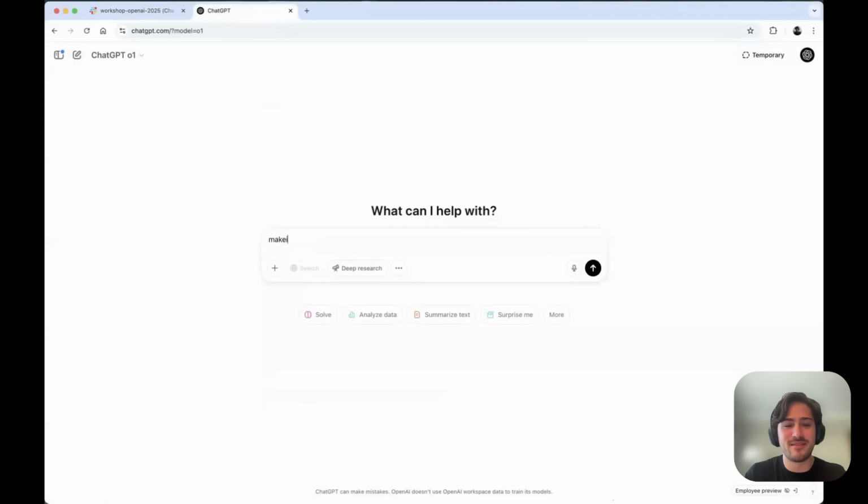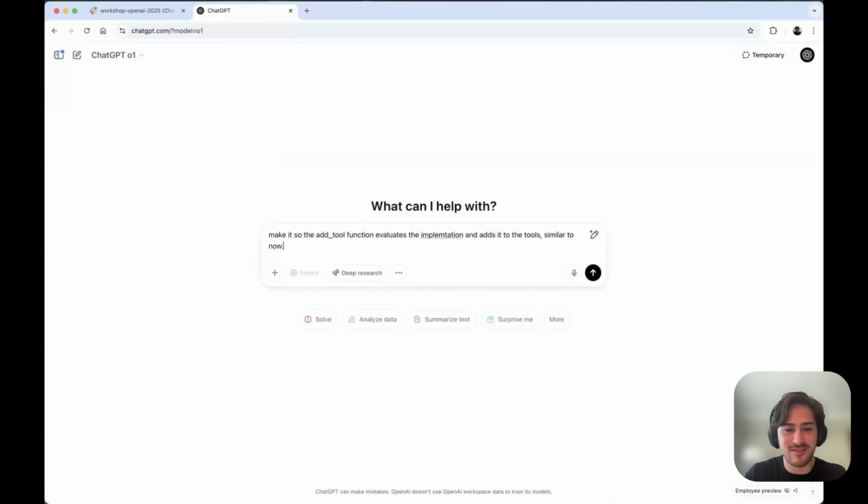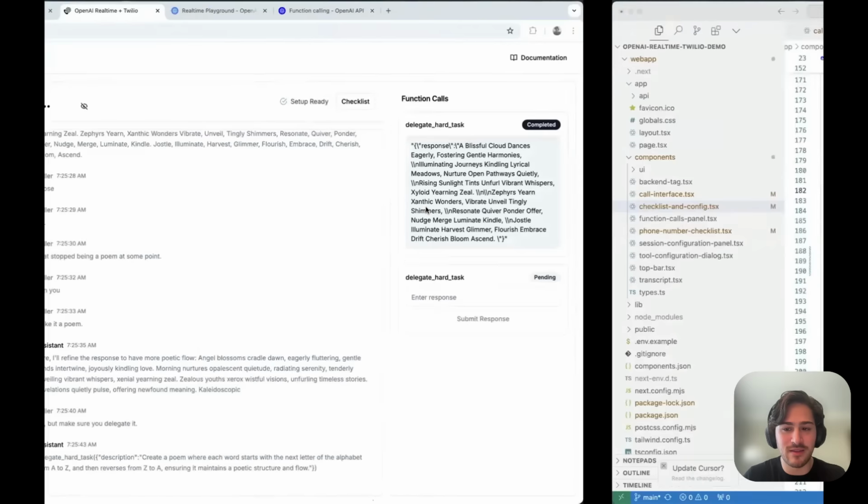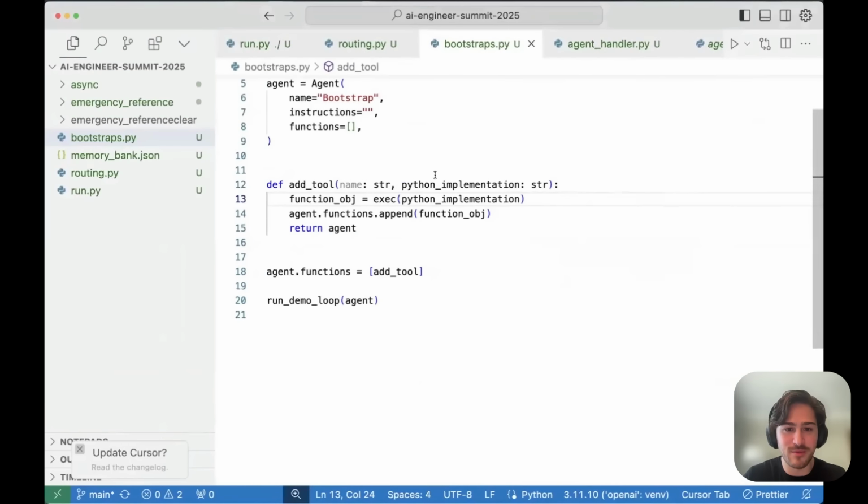Make it so the add tool function evaluates the implementation and adds it to the tools, similar to now. Here's a great reference for how to do this. And then we want to grab... was this a good idea?